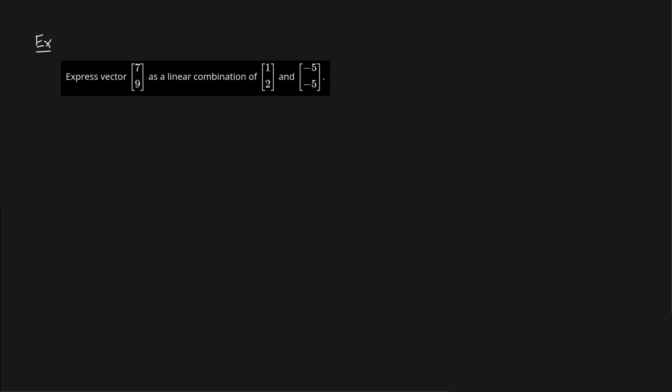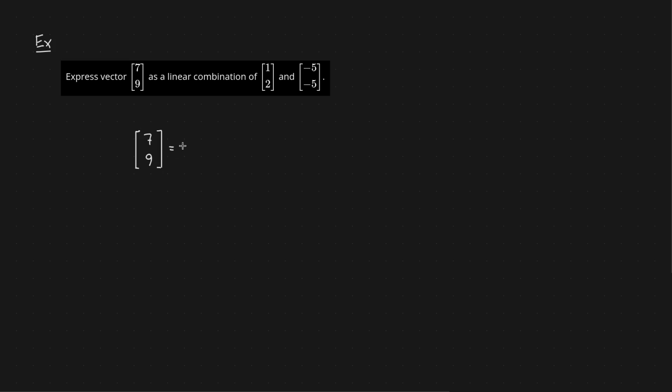Let's jump right in with an example. Let's express vector 7, 9 as a linear combination of vectors 1, 2, and negative 5, negative 5. All right, so let's use the definition of linear combinations. That means if vector 7, 9 is a linear combination of those other two vectors, then vector 7, 9 is